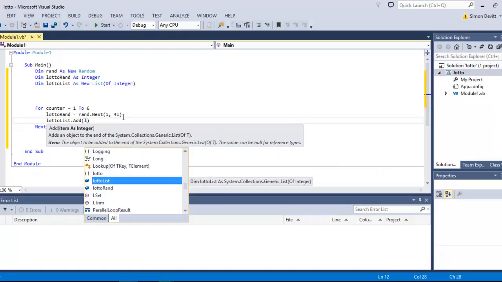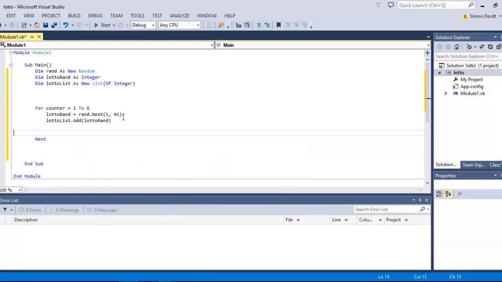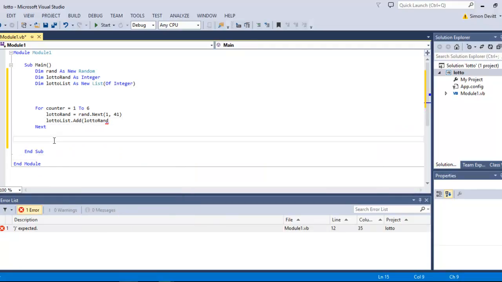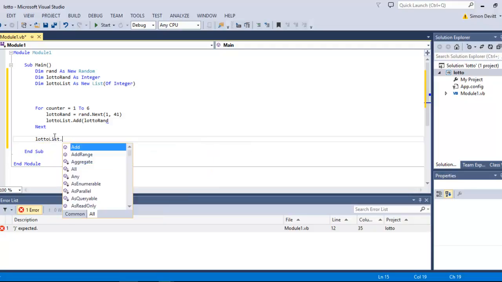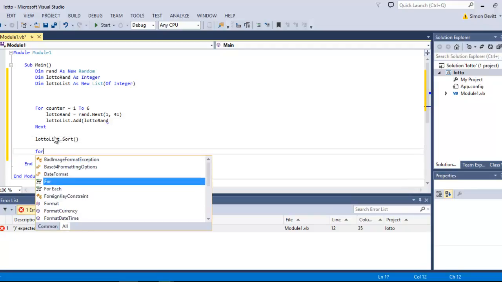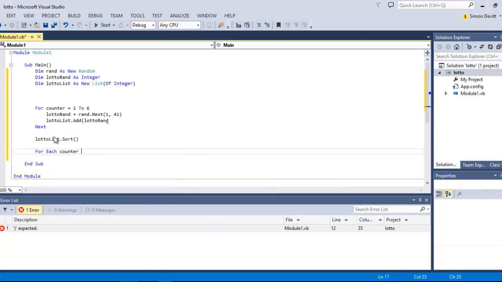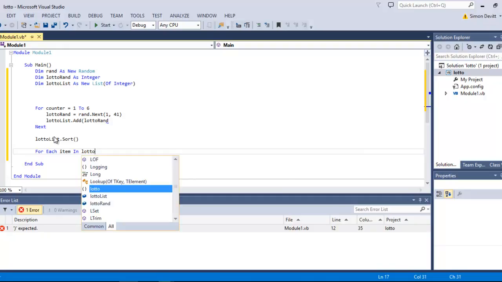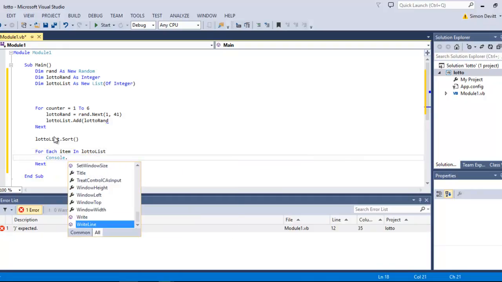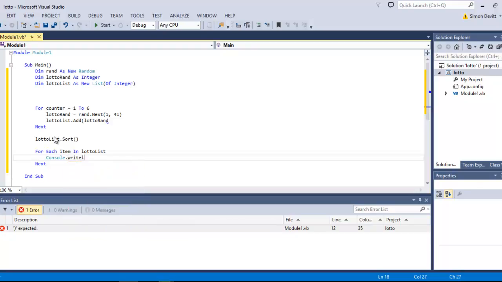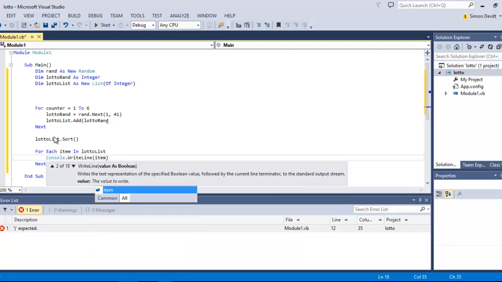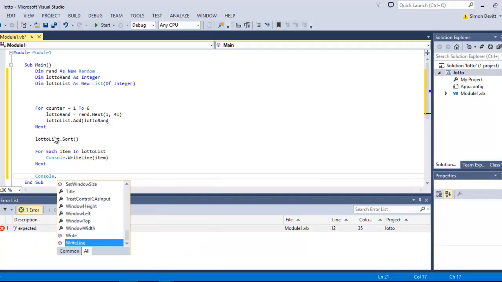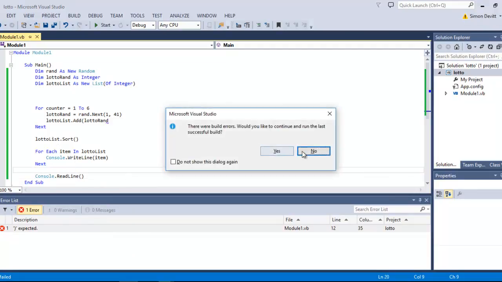Now, if I was to go through here and try and output my results after trying to sort it, I have to remember what we've called it, and we'll sort our list, and then using that concept from last time, I'm going to iterate through my list here by outputting each of these items. Okay, so if we output and run this program now after fixing up that little error,